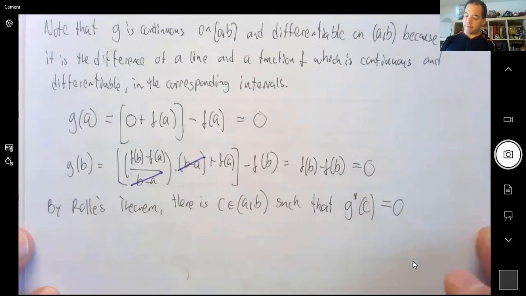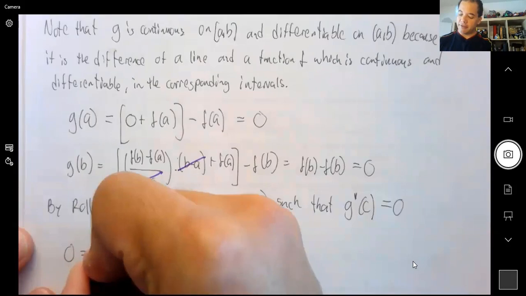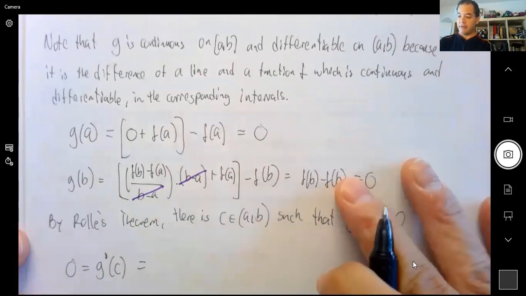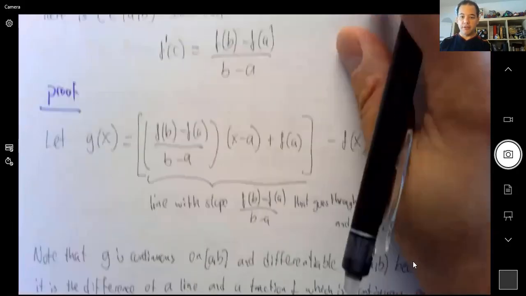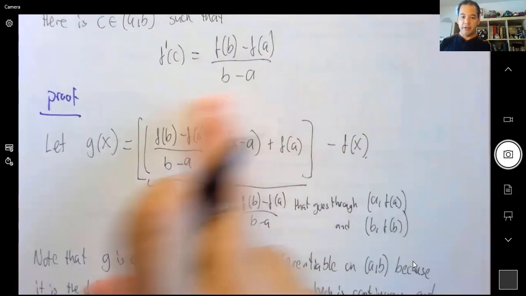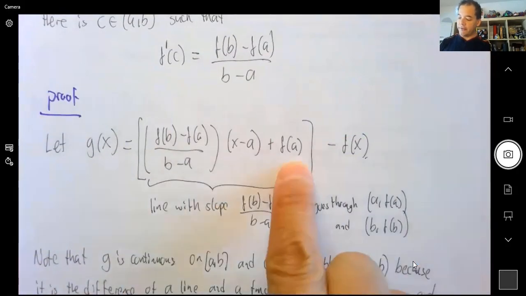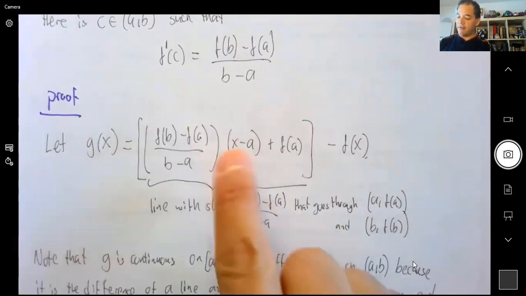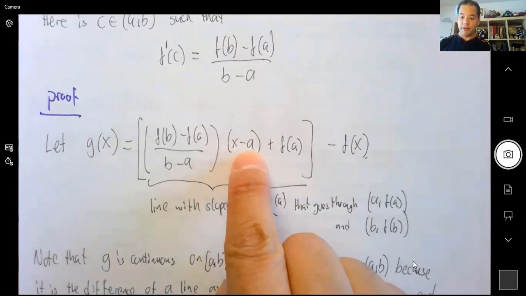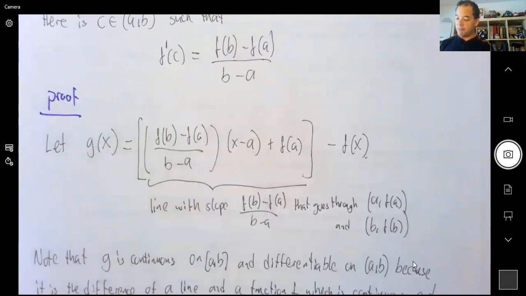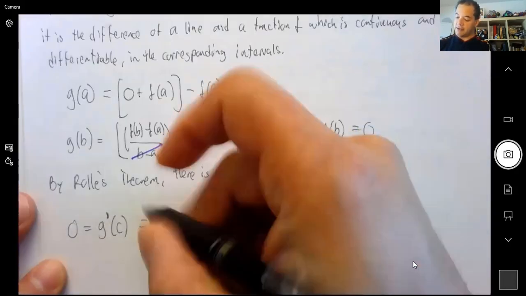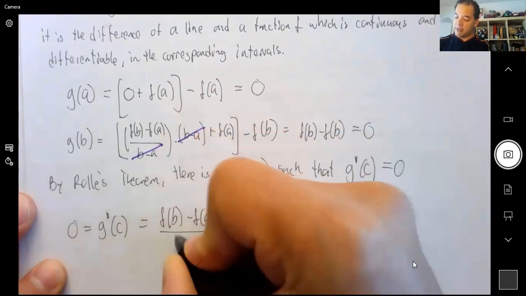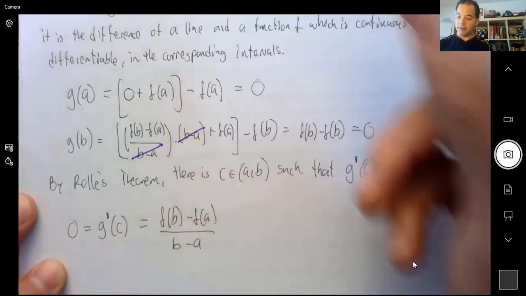And what is the meaning of that? Let's write it. What is g prime of c? Well, what's the derivative? Let me go back a little bit. So we need to do the derivative of this part. And we already said this is a constant, so the derivative of this is 0. That's a constant, and the derivative of x minus a is 1. So the derivative, g prime at c, is f of b minus f of a over b minus a. That's that constant of the line,